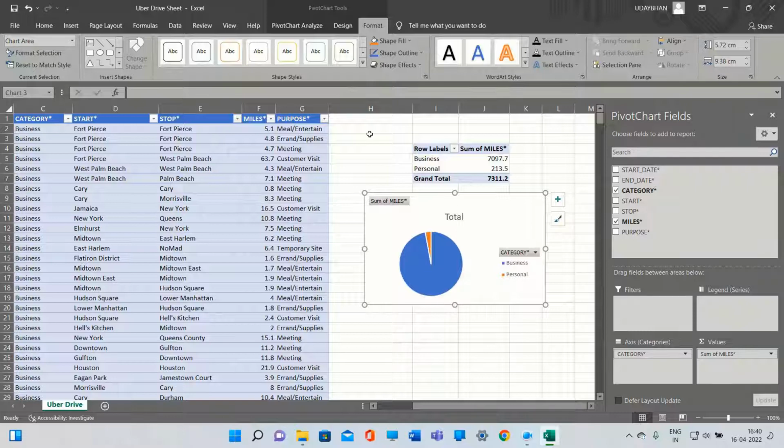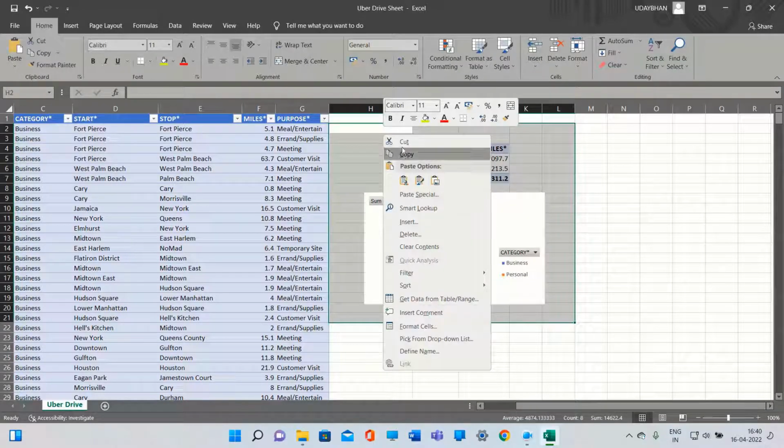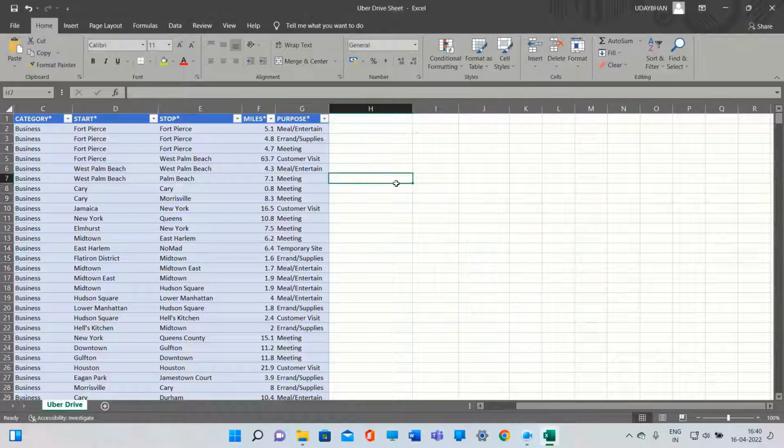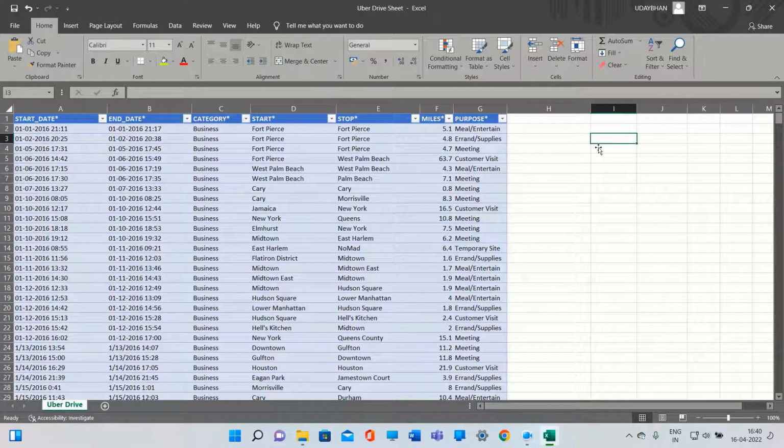So we have done question number 21, and one last question is remaining. That is: what is the proportion of trips that are business and personal? For that we need to count how many personal and how many business trips there are. So I will write a formula. To keep it in mind, I will add business, then personal.